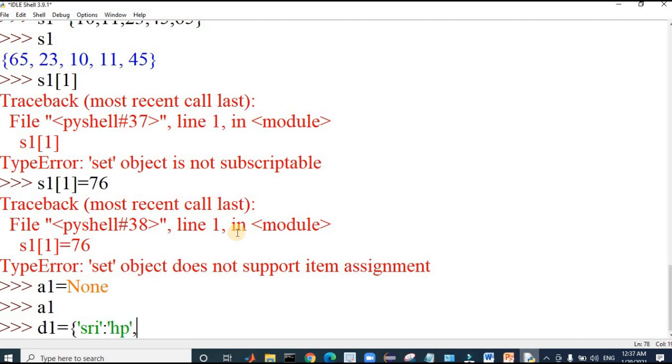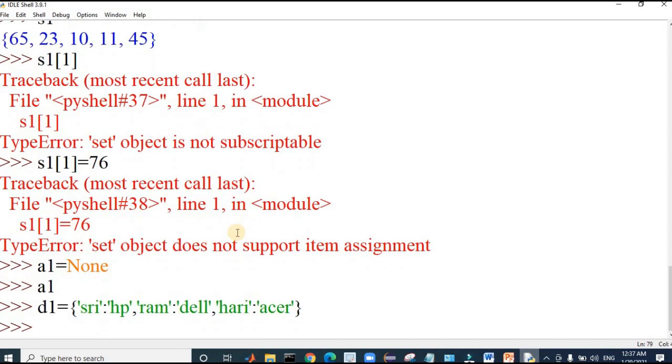If I take another key, Ram, I am passing the value, say he is using a Dell laptop. We need to use single quotes as these are string data type. And say I consider another person, Hari, as a key, say he is using an Acer laptop. Now our dictionary is ready.